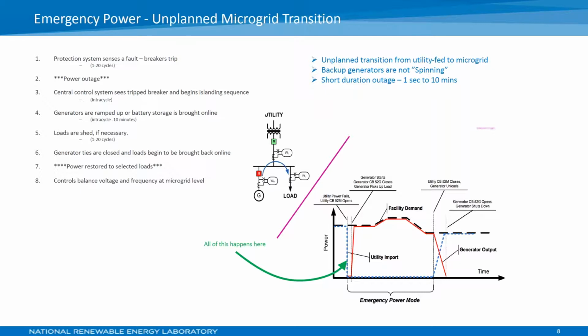There'll be a short-term or long-term power outage. So then in this short gap on the bottom right graphic here, there's going to be a short little outage there, and all of those steps 1 through 8 occur there. So depending on whether the system is manually